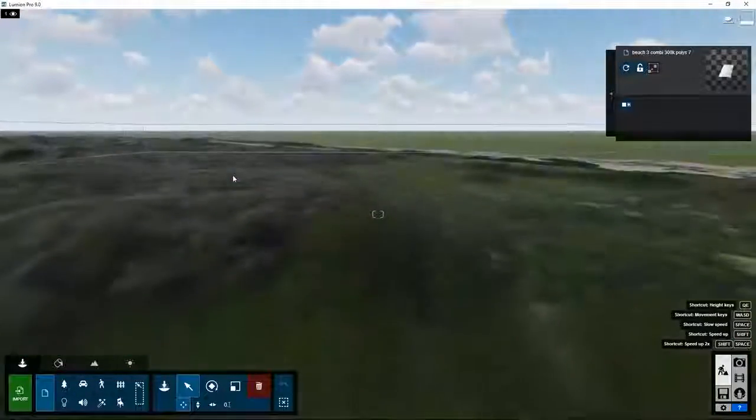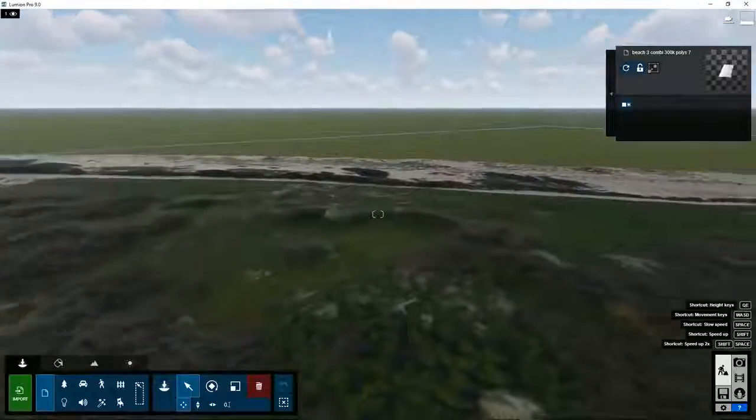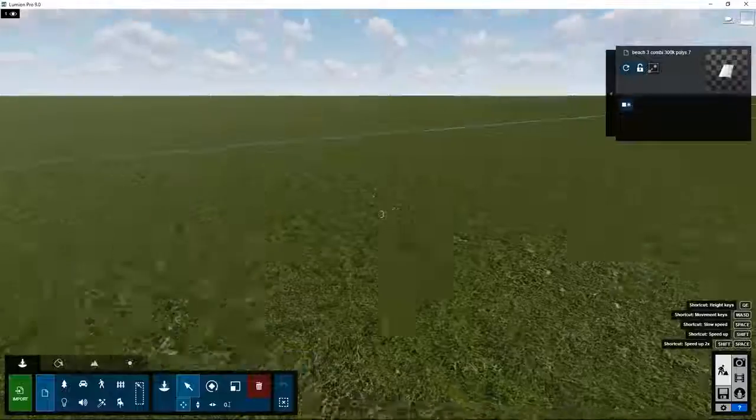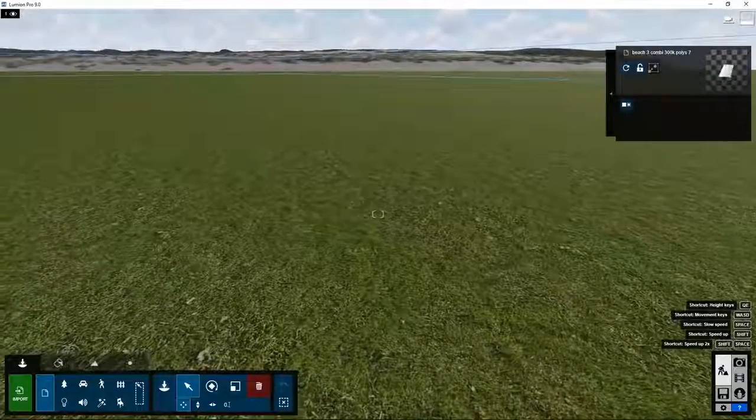So we go up, now we double-click over here, and we zap to that point. Go up again,